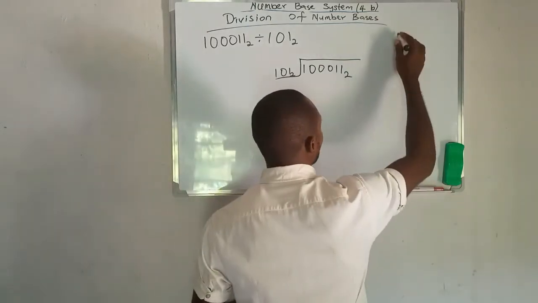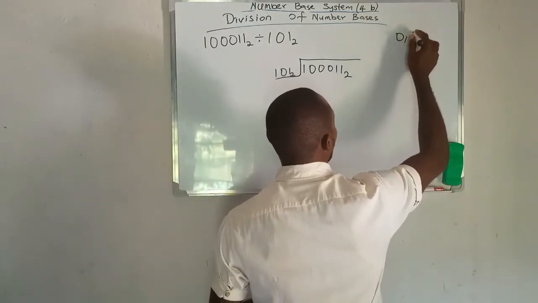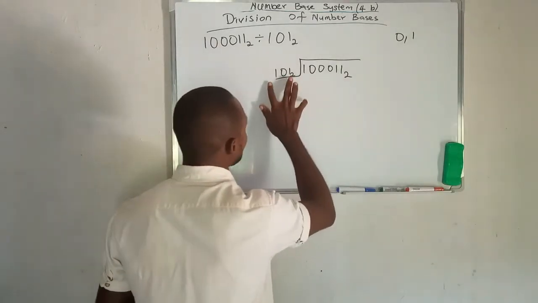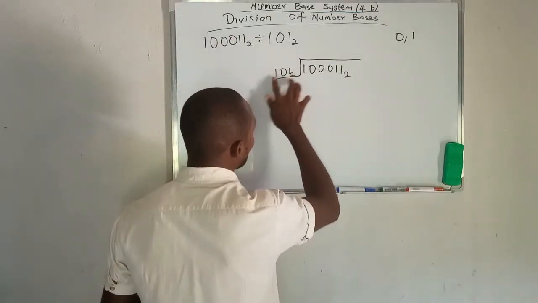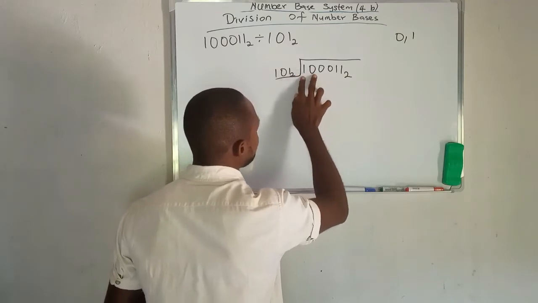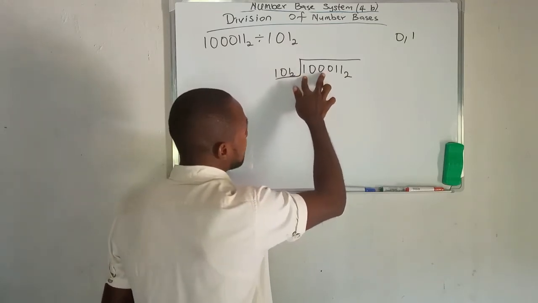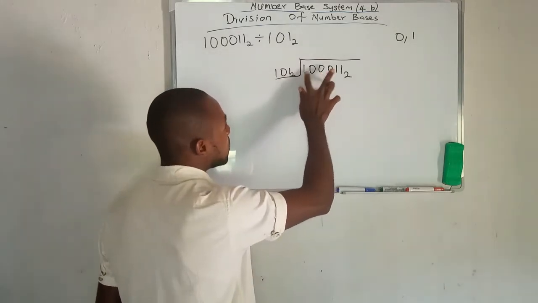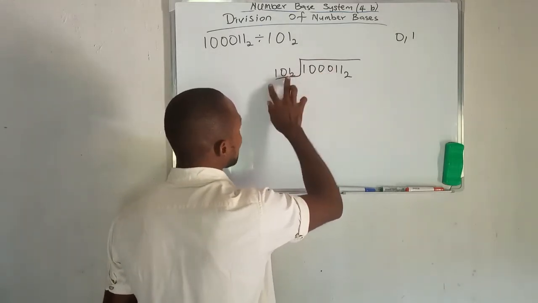2. In base 2, we have just 0 and 1. So using this to divide, we first pick the first number. 101 cannot go into 1. So we check if it can go into 10, it cannot. And we check 100, can 101 go into 100? No. So we'll have 1000 here, and 101